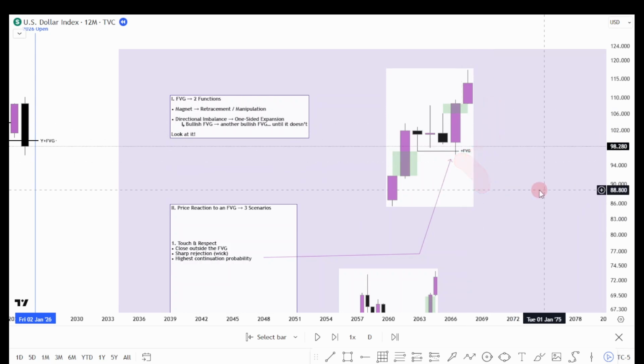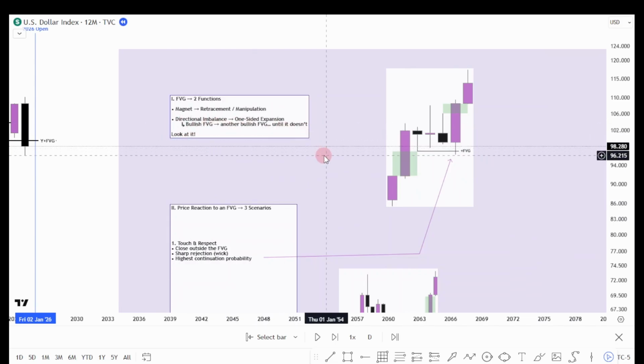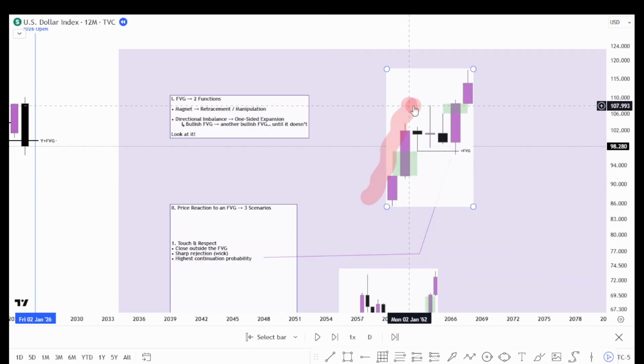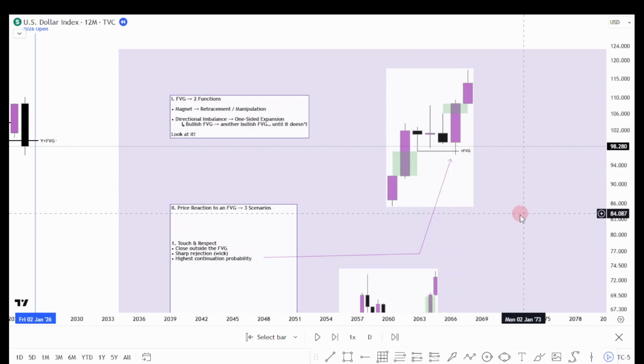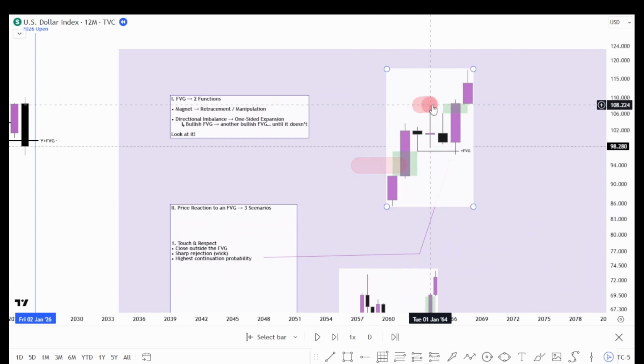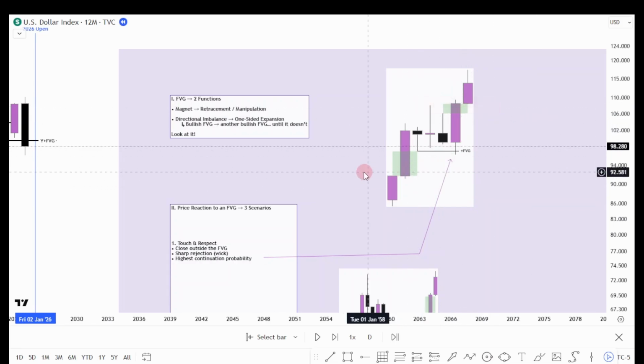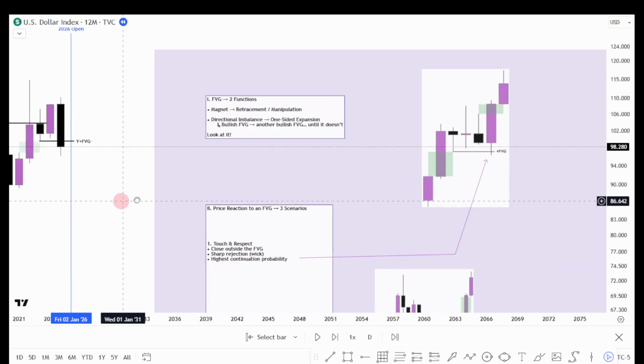And then we have the second aspect. It's a signal for one directional volume, and that is self-explanatory. A fair value gap in a given direction indicates that price is sharply moving towards that direction until reaching the next key level. Simple as that. That's how you identify your current trend. A bullish fair value gap should create another bullish fair value gap, then another, until it doesn't do it no more. Remember? That's exactly what we used to identify this bullish uptrend right here.